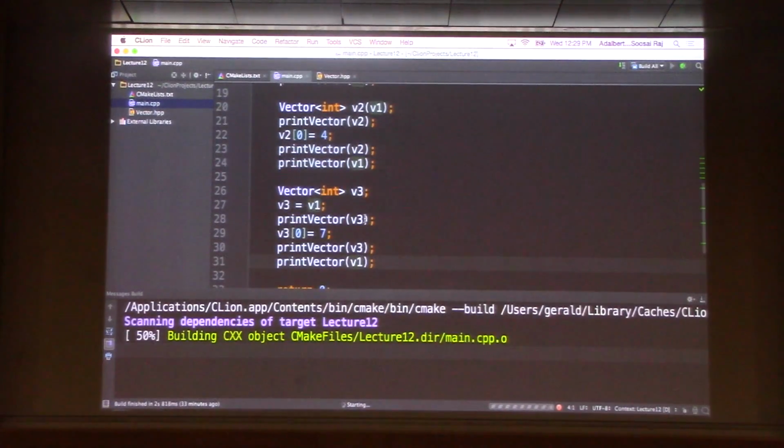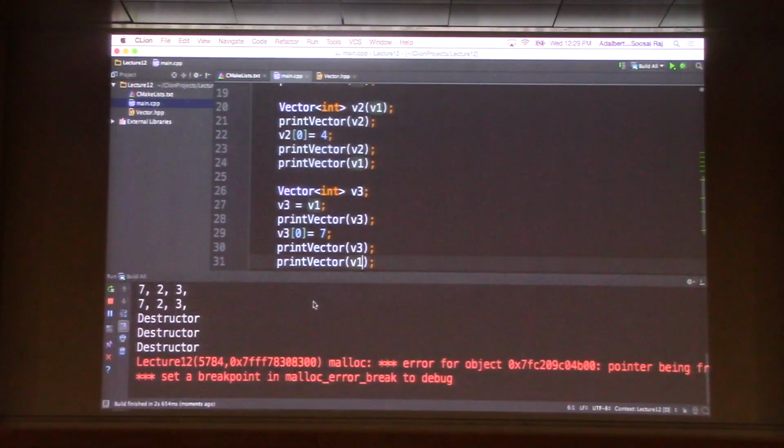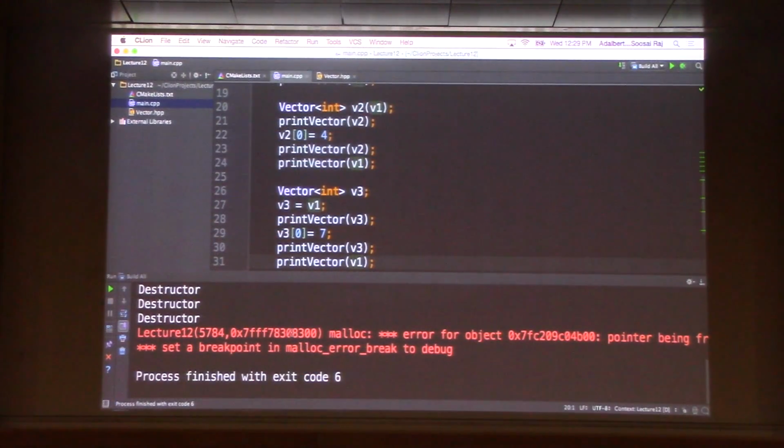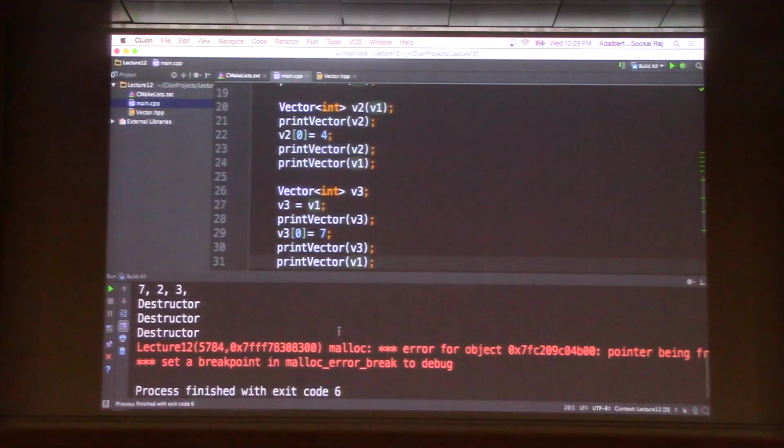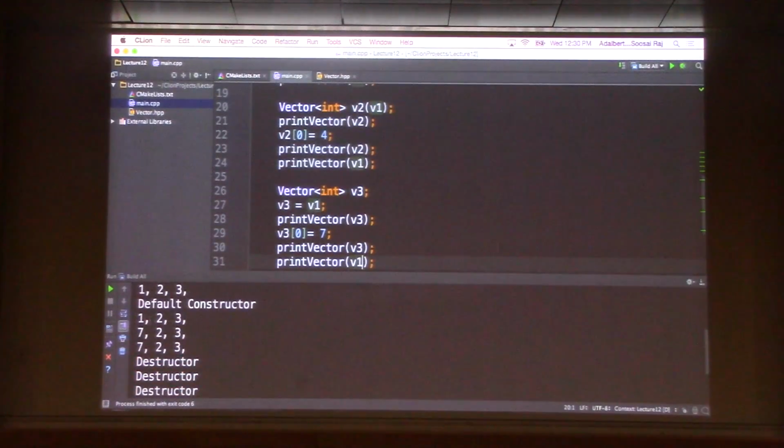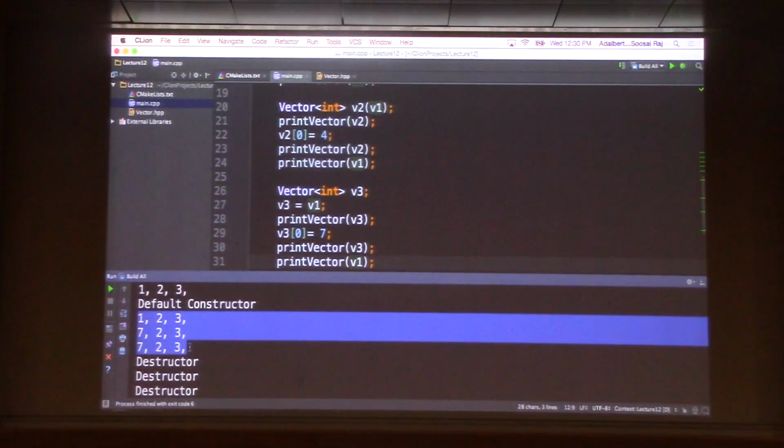So when you just execute this, that is the error we saw in the last class already, that the same memory is being freed twice. The reason is, if you check here, we print v3 after making a copy, and then we change the first element in v3 and print v3 here, and in the next line